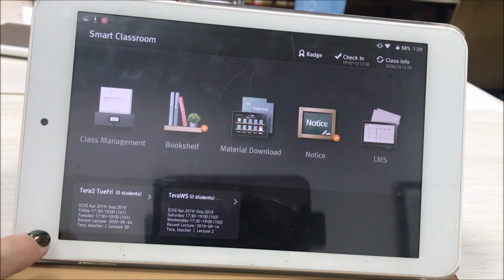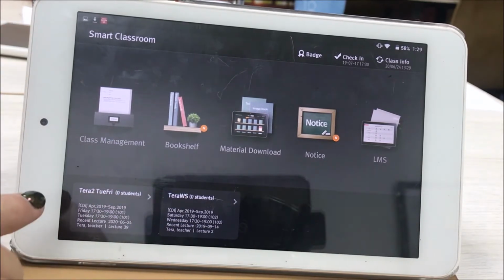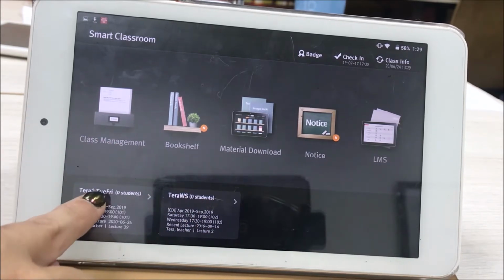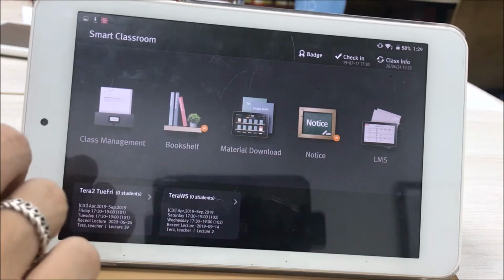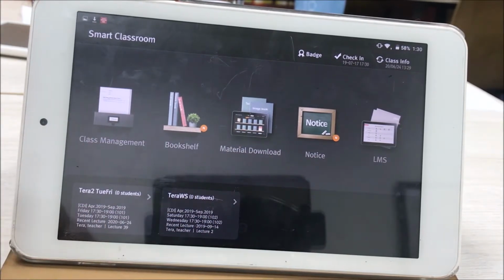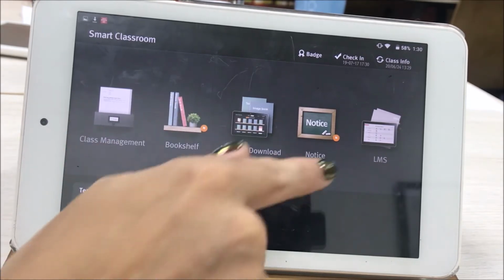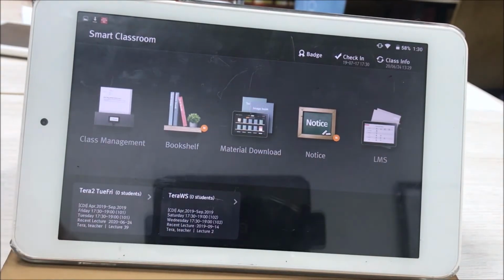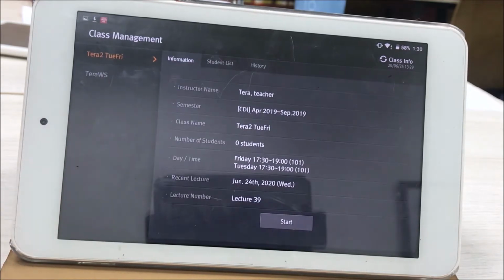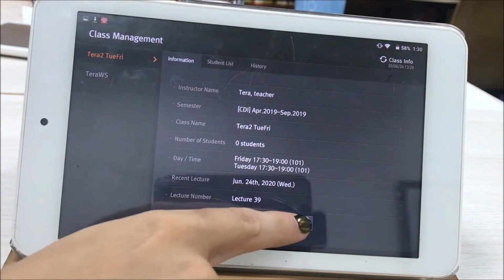You'll then see at the bottom, you have the option of the classes that you teach. So if you teach Wednesday, Friday, if you're in Ho Chi Minh, then this will say Wednesday, Friday and your class level. If that is the only 4.0 class you have, that is the only button you will have. If you teach multiple 4.0 classes, you will have all of your 4.0 classes lined up at the bottom. So to start a class, you have to press the correct class at the bottom and it will bring you to this screen. Once you have done this, you'll just press start,